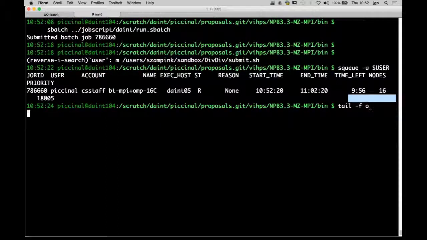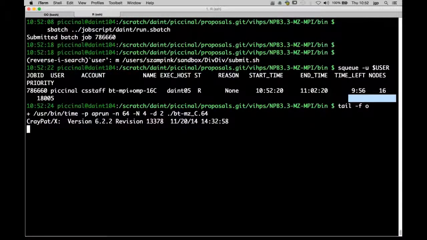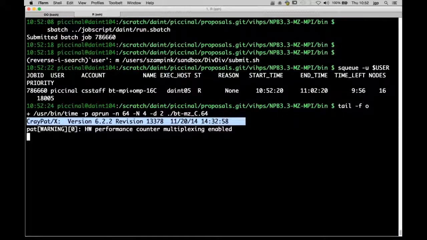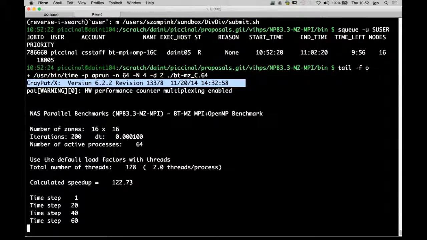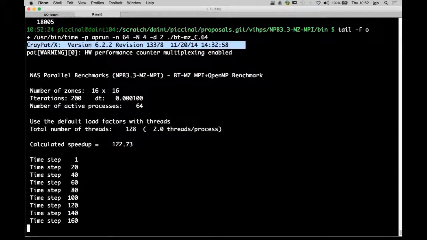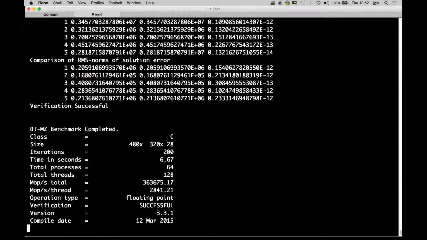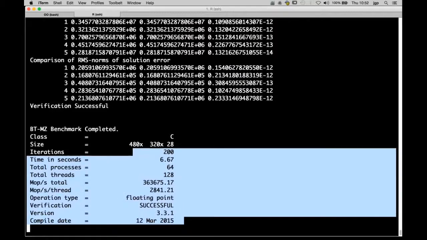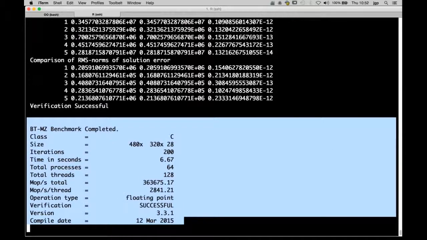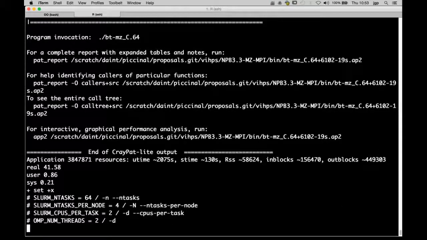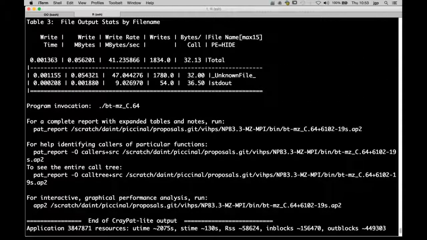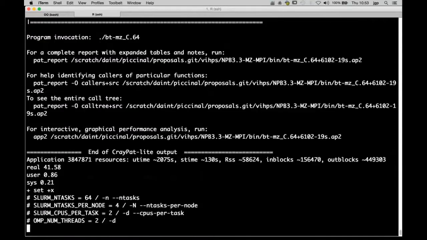And if I look at the output, well, the tool is telling you that it's using an instrumented version of the executable. The execution is a success. And you will see, so the simulation is over, and you see that at the end, I get some performance output.